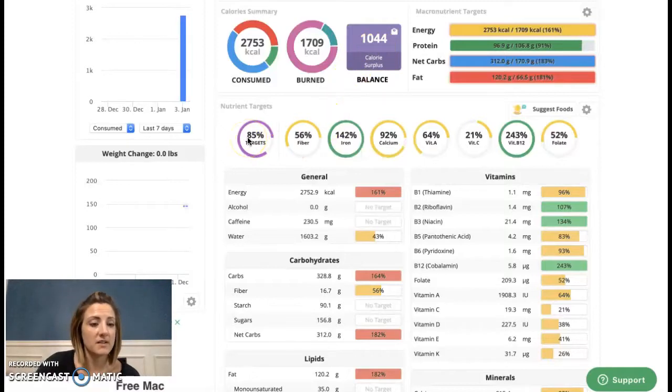From his targets, because I put his age, that he's a male, and his current weight, it gives you pretty accurate targets. You can dig deeper to see if it actually meets the nutrient needs. So I wouldn't rely on this target analysis for your